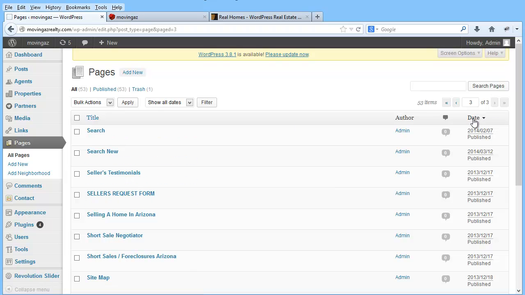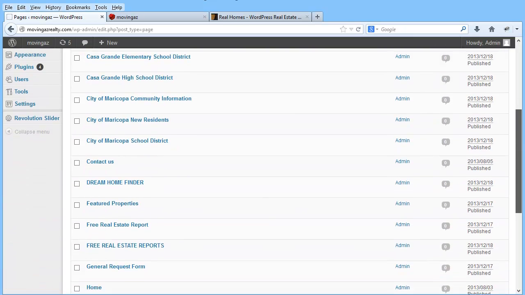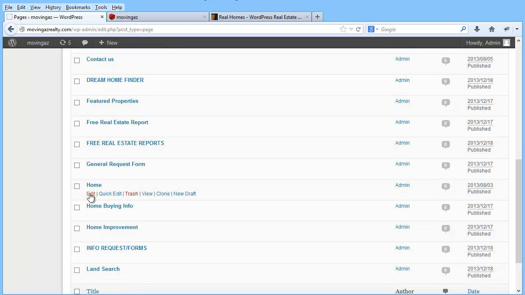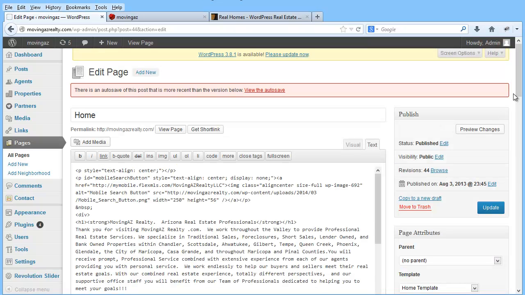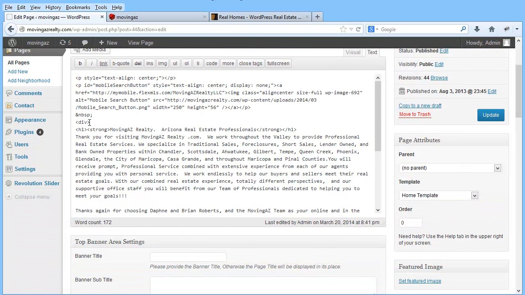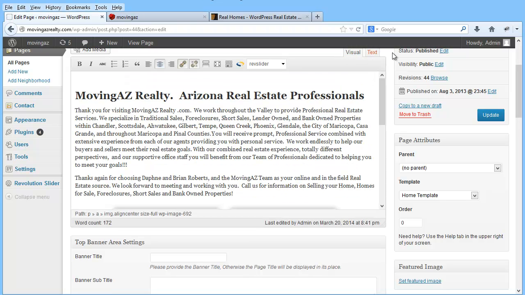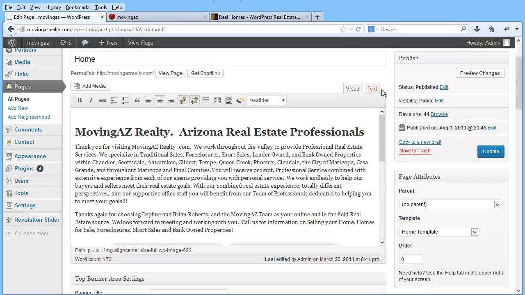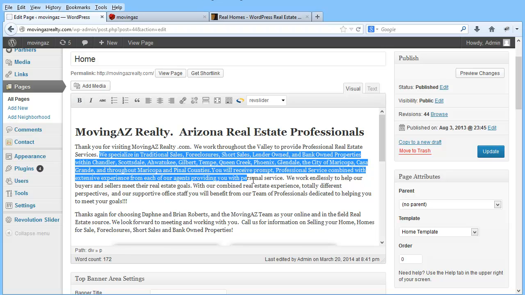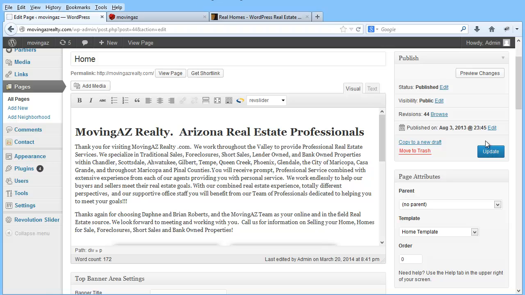So what I'm going to do is go back to the beginning, go down to the home page. First I'm going to open it up so you can see it. This is the code that's written in here. You guys won't need to do that. What you'll want to do is click visual. So you can either do the visual or the text portion of it. And you can go in here and change any of the words that you want to change, and then click update. If you want to preview the changes that you make before you do that,